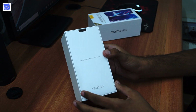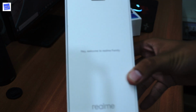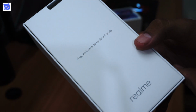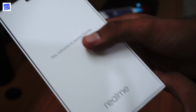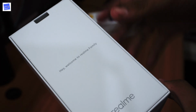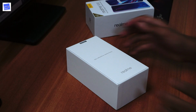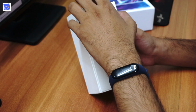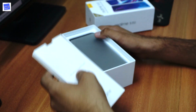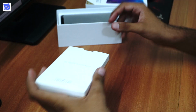So this is what we see inside the box. It says, "Hey, welcome to the Realme family." As I am the first one to buy this phone in the family, this is our first Realme product. So let's see what we get inside it. We get this Realme family thing, and let me take this out. Okay. So what do we get inside? So inside it,